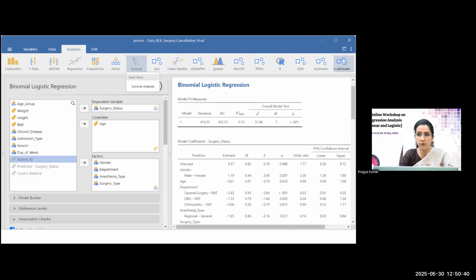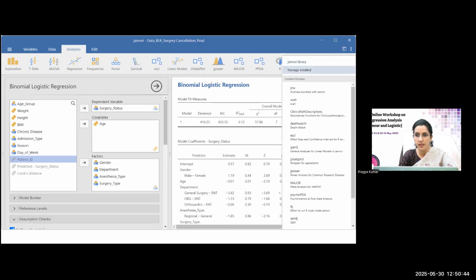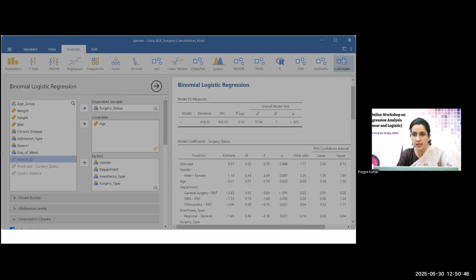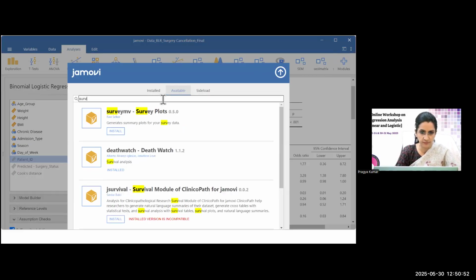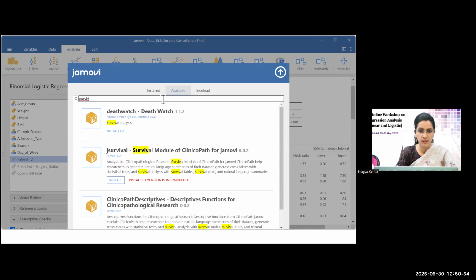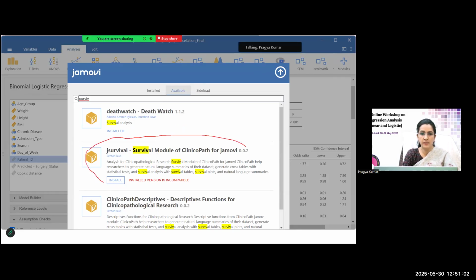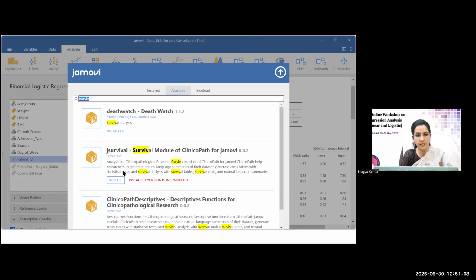Let me download that. I'll click on this plus module, click on the JAMOVI library, and then select survival. There's this jsurvival module for this one. I have installed that, but it says the installed version is incompatible. So I'll install this again,